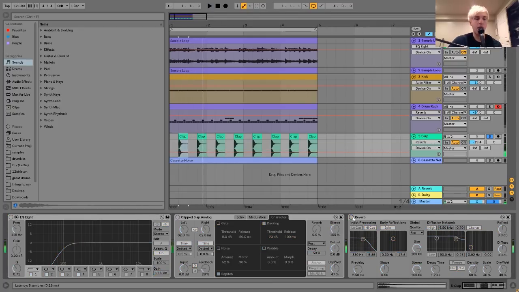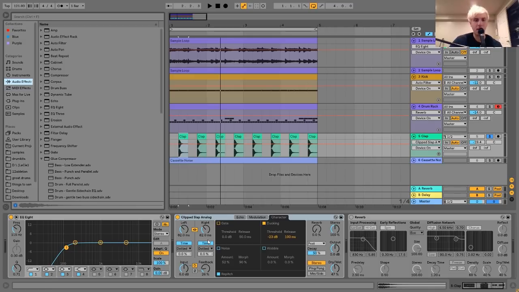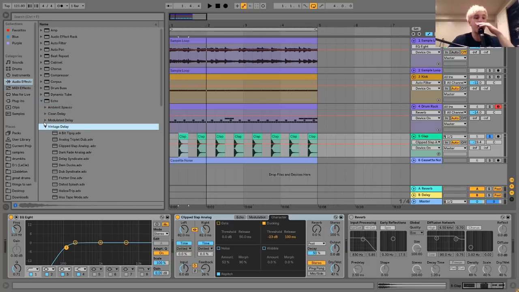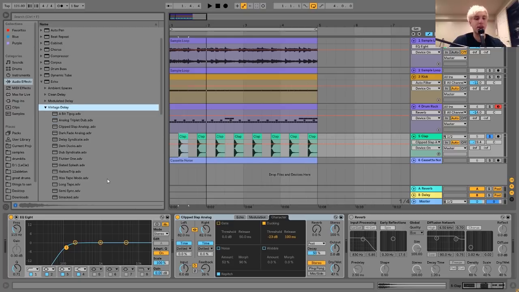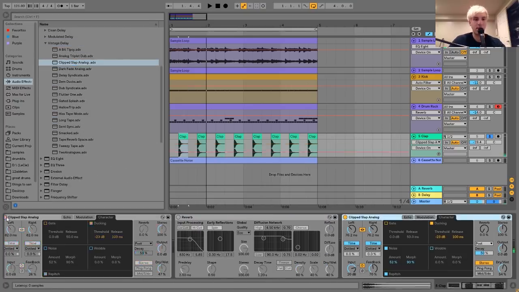It sounds like this. So on this one, all I did was I cut out the low end, and then I added this echo preset, which I edited a little bit. I'll show you the original, but basically it's this clip slap analog, and it sounds like this. It just gives it a nice little slapback echo, if you're familiar with what that means. And yeah, it just gives it a little space. So originally the preset was like this,